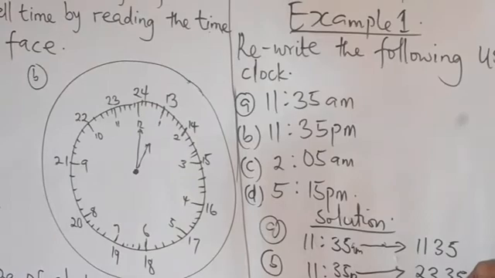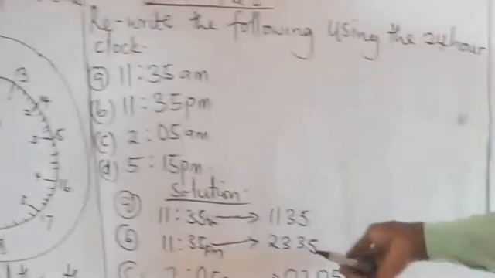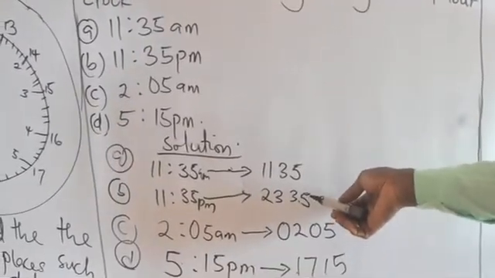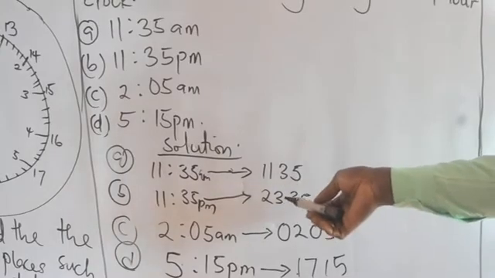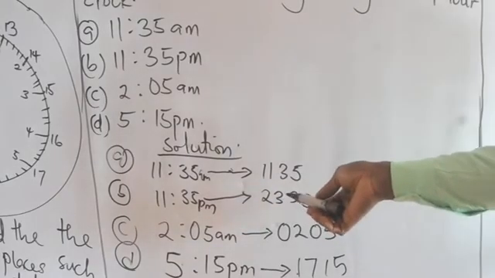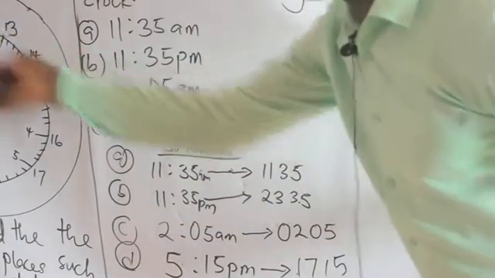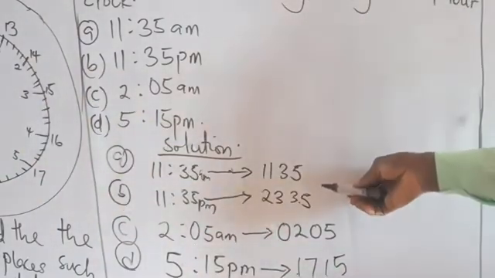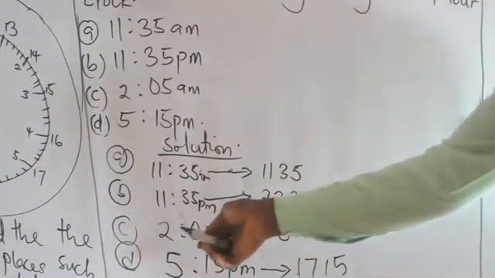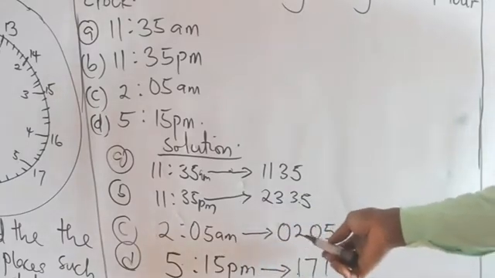So we have 23:35. The minute remains the same. It is only the hour that will change. The hour will now become 23:35. And 2:05 will still represent